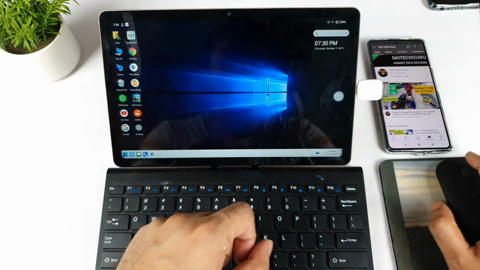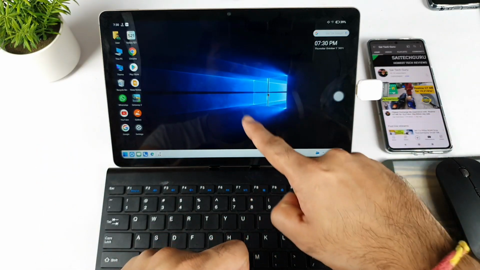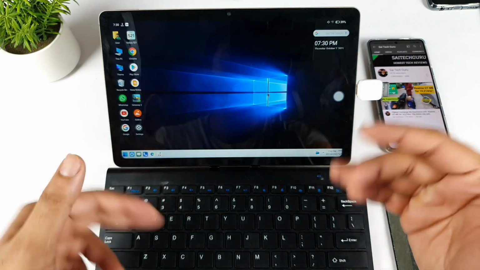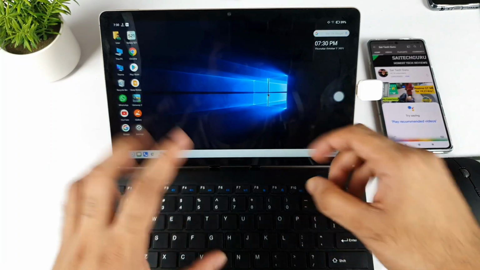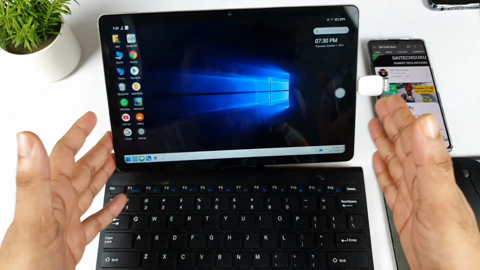After you install the launcher, try to download a wallpaper, which is available from the Google Play Store, or maybe some other websites as well, which is a Windows type wallpaper. Just type Windows 11 images. You can get them from Google, download one and set it as a wallpaper. That gives you a really good look, which actually looks like Windows only.